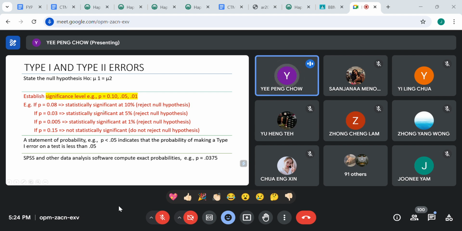As long as your p-value is statistically significant, whether at 1, 5, or 10%, we will reject the null hypothesis. The null hypothesis, if you remember, always says there is no relationship between your IV and your DV. So when you reject the null hypothesis,